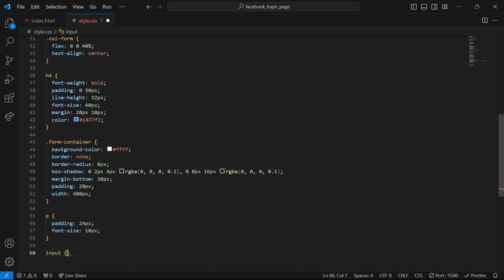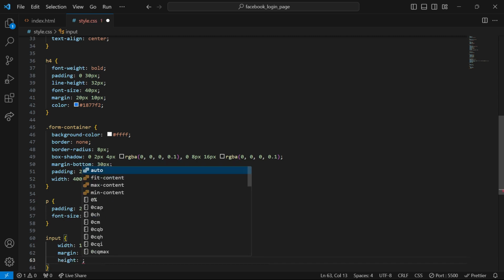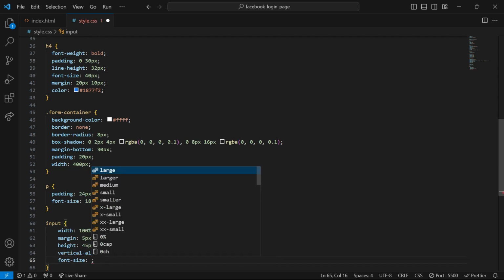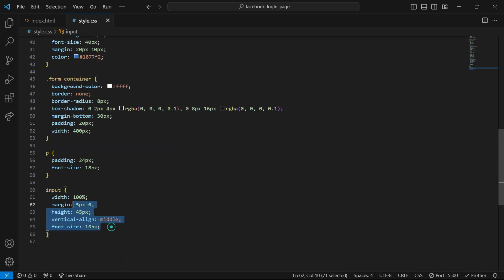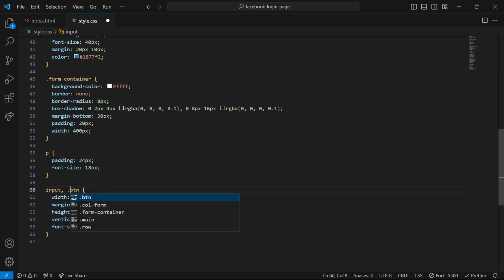I'm going to give it a width of 100%. I'll give it a margin of 5%, top and bottom, 0% left and right. I'll give it a height of 45%, and I'll add another property. Then I'll give the font size of 16 pixels. This style right here is the style that I'm going to add to another element. So I'm going to add this style also to my button. So just in case when I start building my button, I'm going to add this style to my button later